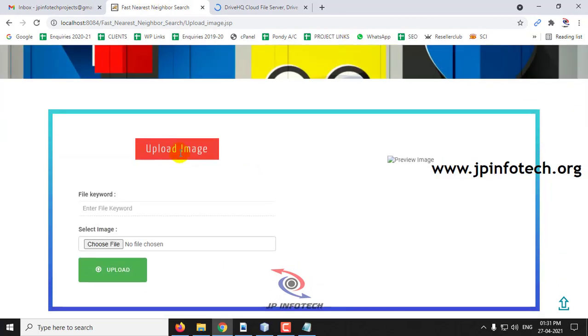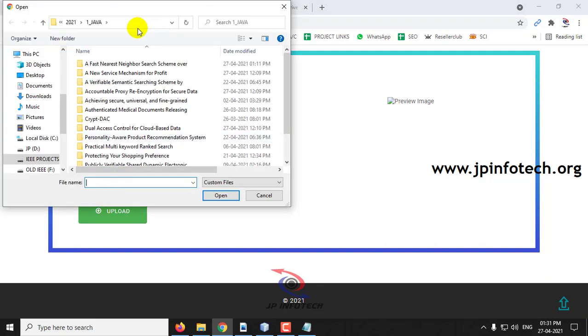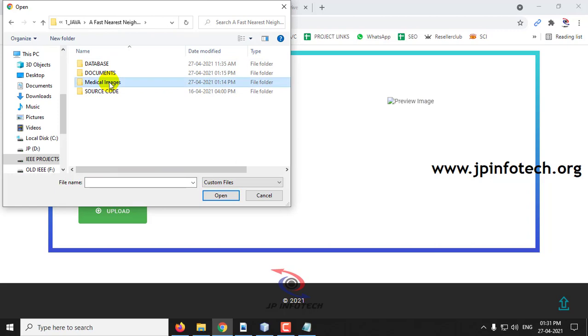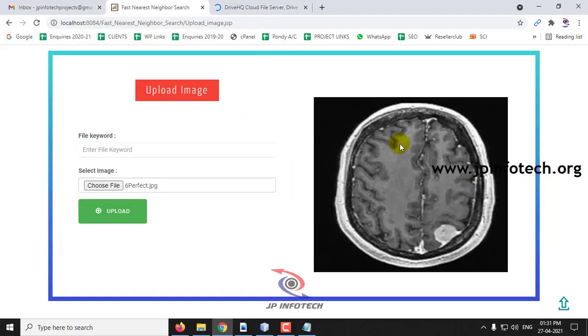Click upload image, and choose the file first. Now let me enter a medical image. Let me enter a keyword called chronic and then click upload.